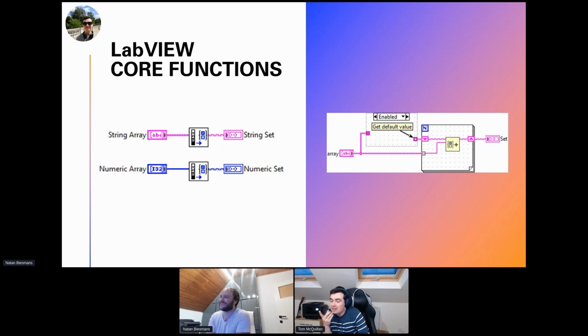This is a technique I use all the time, and I was really pleased when I discovered it. This is a function which can change between arrays and sets. And so on the right-hand side, where we have this array going in, at some point you need to define what the data type of this set is going to be. So using a diagram disable structure, in the disable case, I suppose that would have been a better one to show in this image. Nathan, if you go to the next slide, maybe there's,